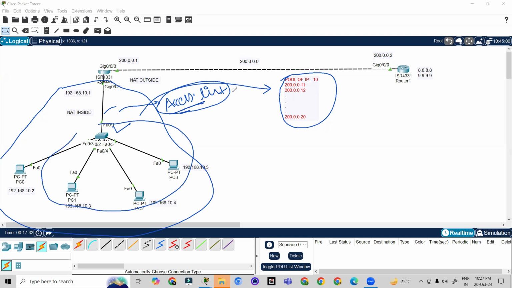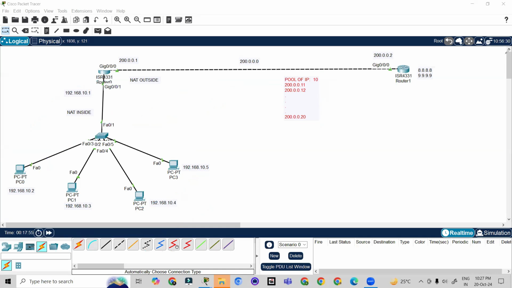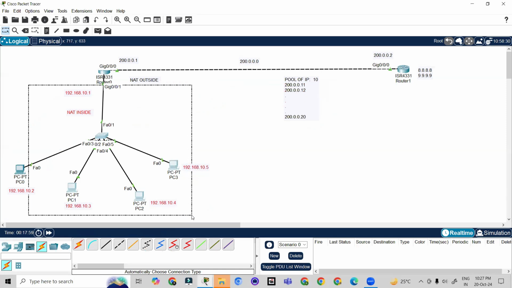When we map the access list with a pool of IPs, the IP address will be automatically assigned to each and every single PC. By selecting the access list and defining these IP addresses or group of IPs,